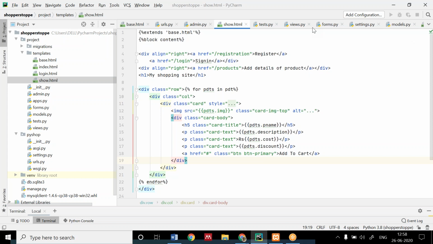Any doubt, I can have it in the chat box. And for ending the loop, I have used endfor.